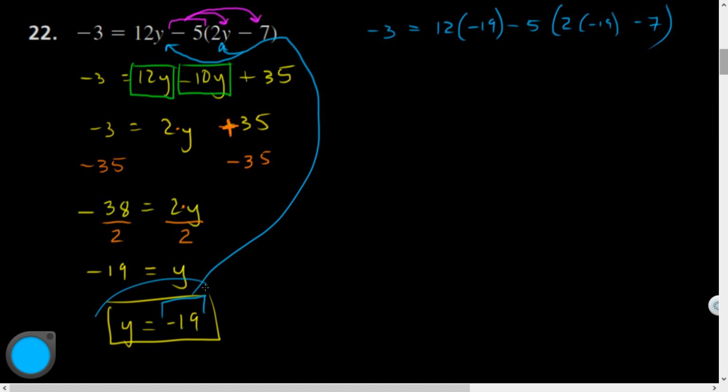Now, theoretically, if this is a solution, it needs to be a number that when plugged in will make the equation true. So that's the question. Is this equal? And let's see what happens. So I'm going to PEMDAS this. What's 12 times negative 19? It's going to be negative